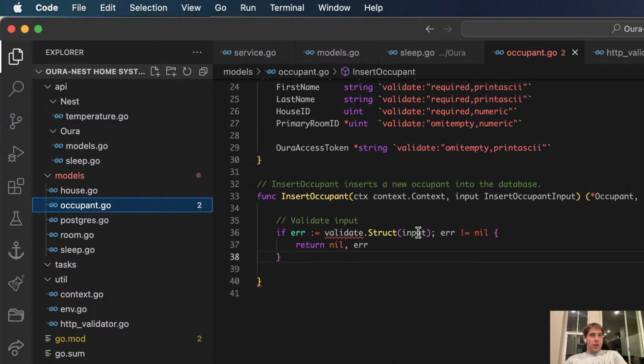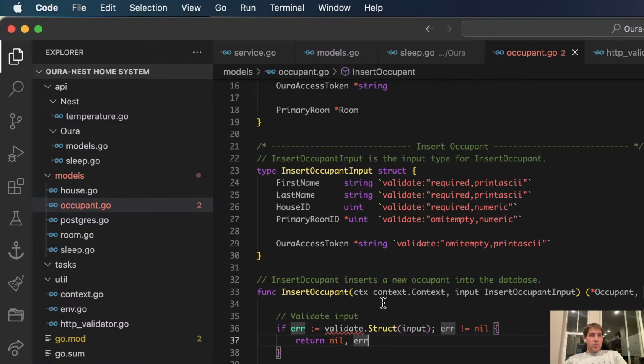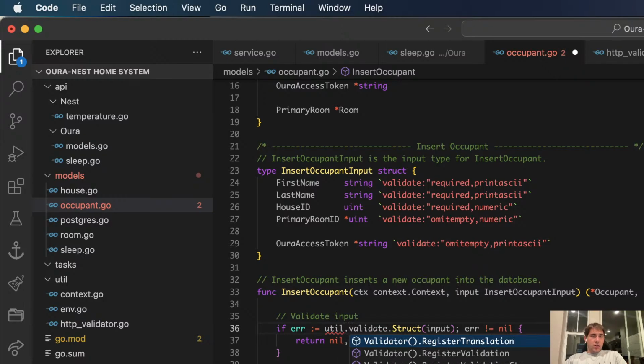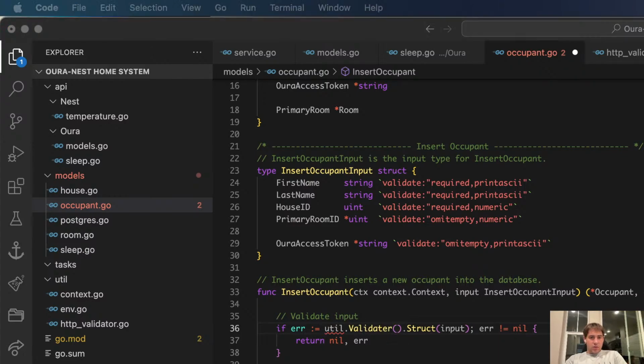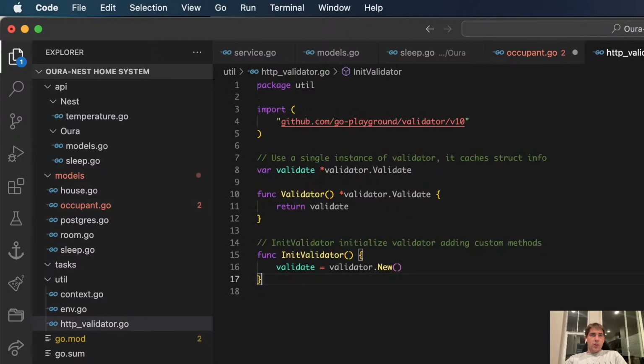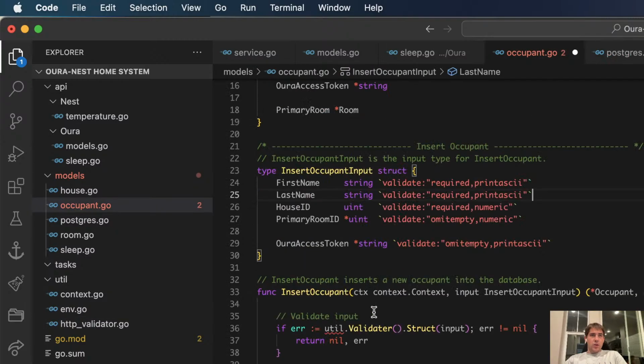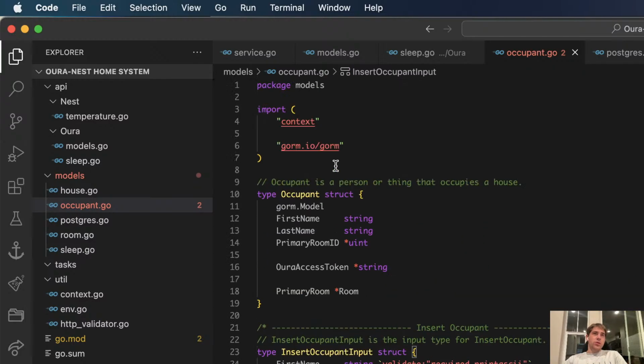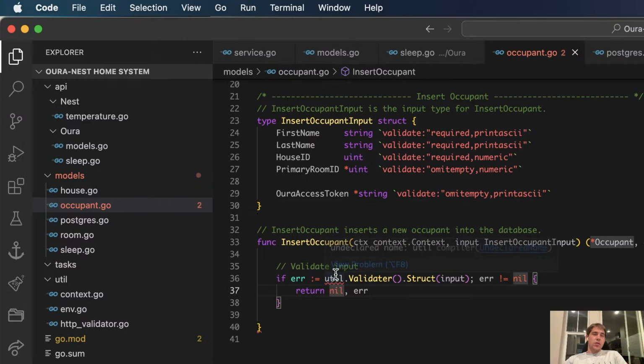And then we go to occupant. We should be able to go to util dot validate. All right. If I go to validator, okay, should work. Come on, util. Come on. Oh, let me just do a for now.